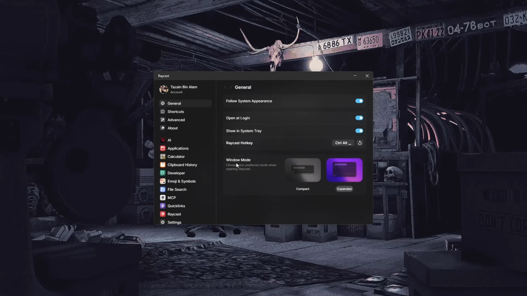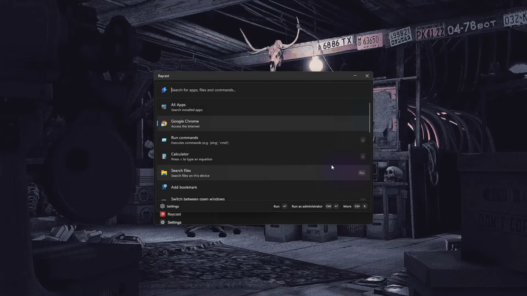There are two window modes. One is compact and one is expanded. So compact mode will just basically give you a Spotlight-on-Mac kind of thing where it's just this app launcher and there are no other extensions or help. So if you're a veteran user and you know all your commands, this is what you're looking for. But I do like to use expanded, and it does